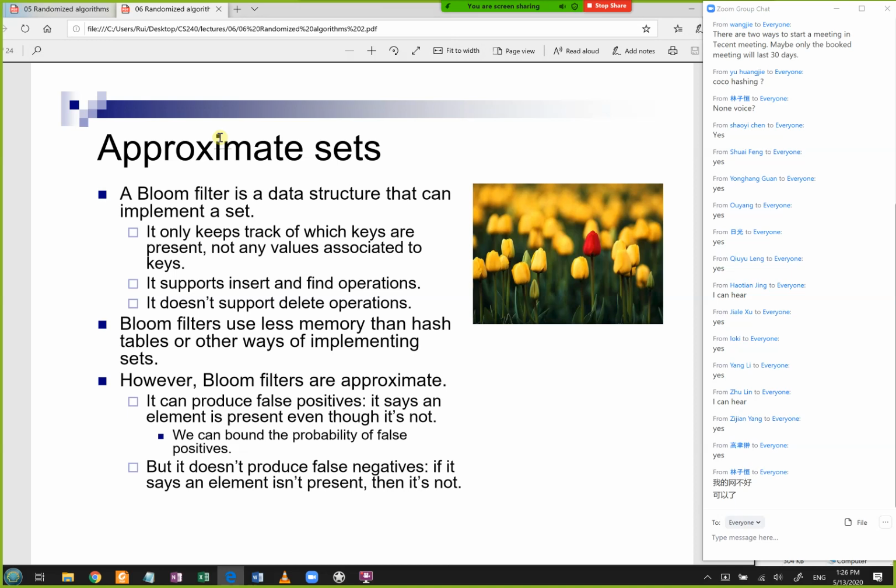In a hash table, you can store the keys, and each key can be associated with a value, like you can put a big string associated with each key. With Bloom filters, you can't do that. You can only keep track of which keys are in the Bloom filter. Another problem is that you can only add new keys to the Bloom filter. You can't delete keys, so it doesn't support